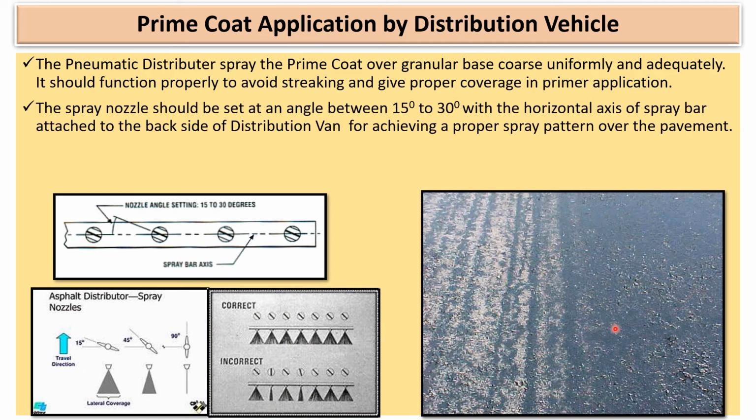Here is a photograph that shows the difference between proper priming application and formation of stretching marks after application. Here the prime coat has been applied properly over the granular base course, while here the priming application is defective, so that stretching marks are observed